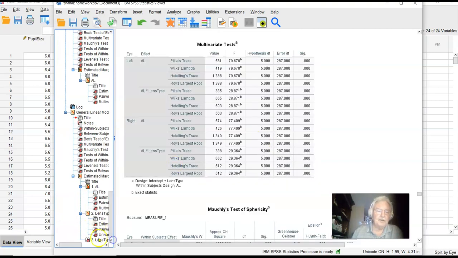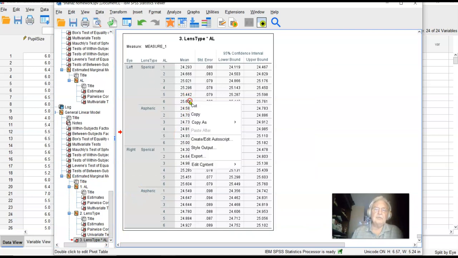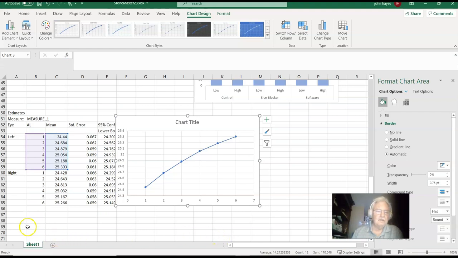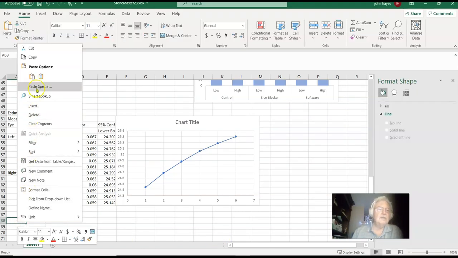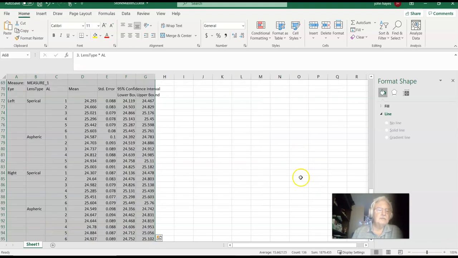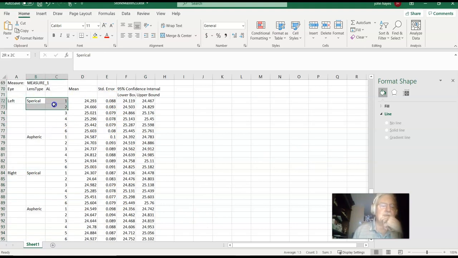If we come down to the bottom, we get this table. Copy, Excel, paste. Now again we have the left and the right eye, but now we have sphere. So this time let's do our Excel graph a little different. Let's highlight year and the mean,